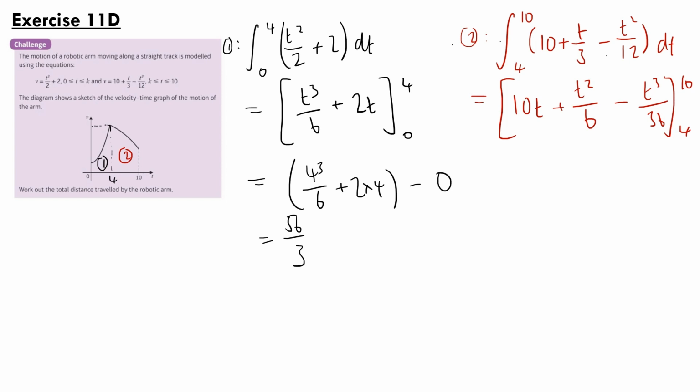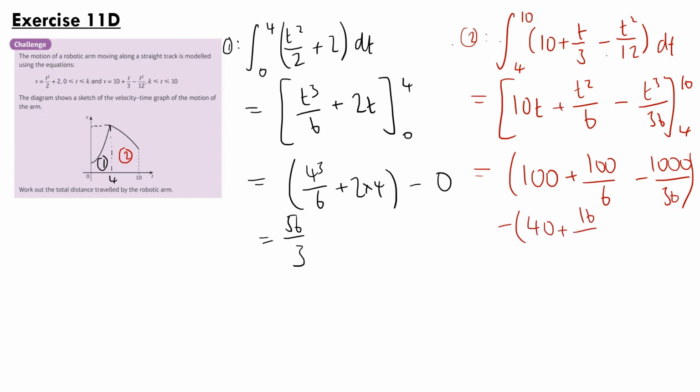And evaluating this, we have 10 times 10, so 100, plus 100 over 6, minus 1000 over 36, and then we have minus 40 plus 16 over 6, minus 64 over 36, subbing in 10 and 4 as t,